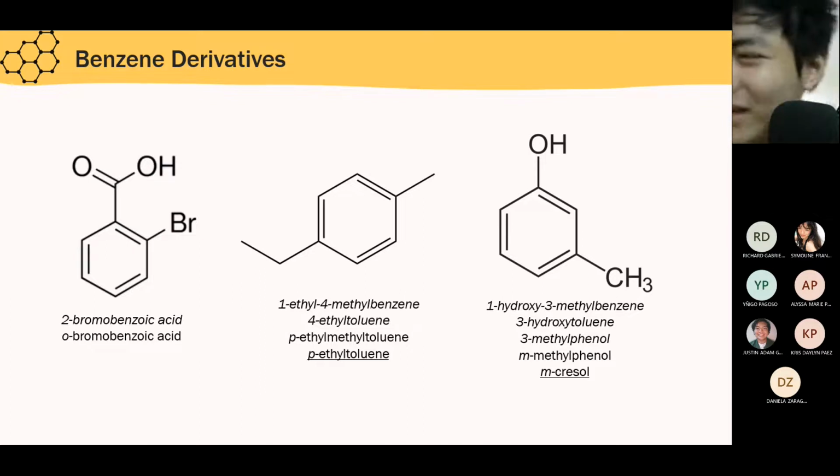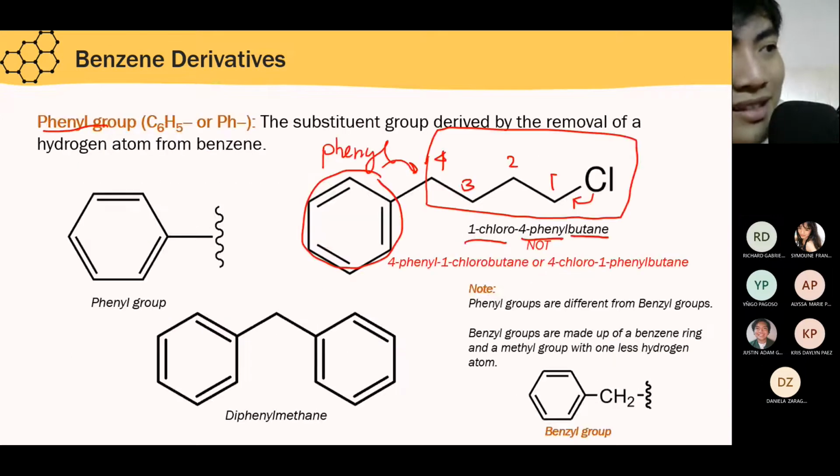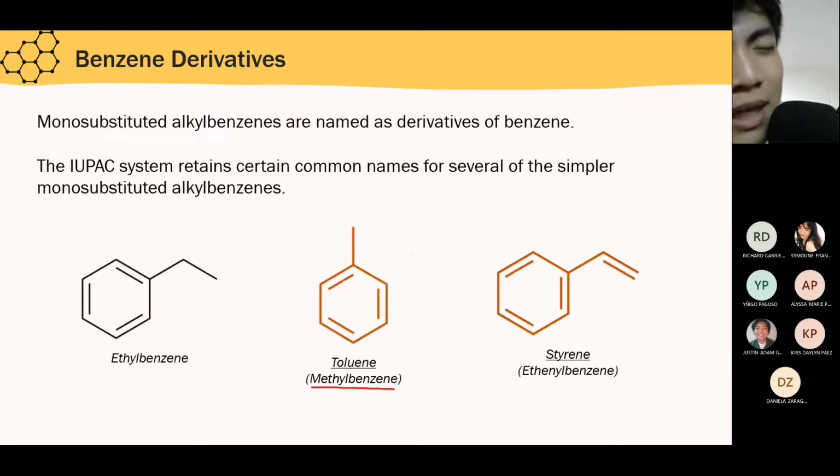Anyway, bakit tawag dito is methylphenol? Bakit kaya ganun? Okay? So let me explain, no? Di ba sabi ko kanina, you have to remember this. Kasi pag nakita mo 'yan, that will be your parent chain, okay? Pag nakakita ka ng benzene na may methyl, that would be your parent chain. Benzene na may ethynyl, yan, ang parent name mo will be your